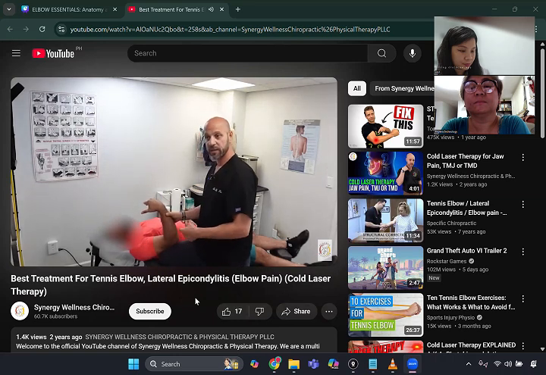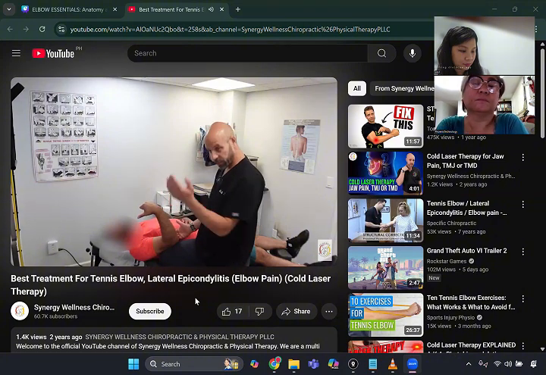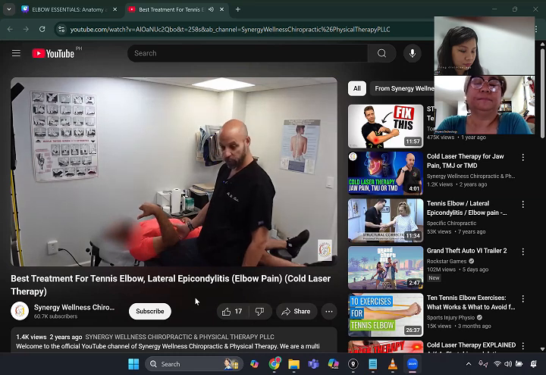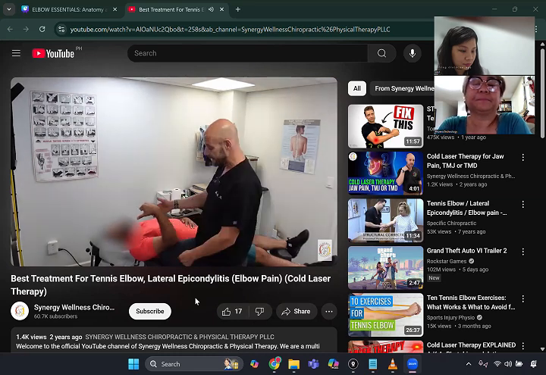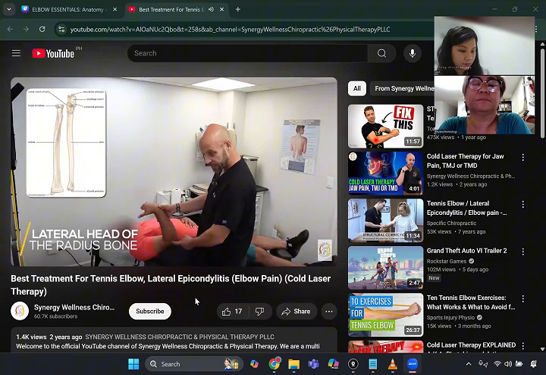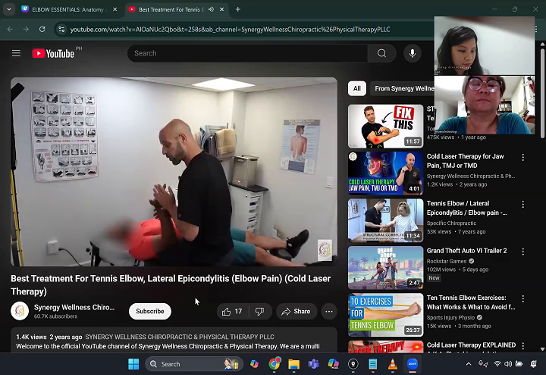And normally that would be weak, oftentimes with somebody with golfer's elbow. So we're checking the ulnar bone, which is on the inside of the elbow, on this side, you guys can't see. And again, typical with golfer's elbow. He has tennis elbow. So now we're going to check the lateral head here of the radius and make sure it's in place. And it was weak before.